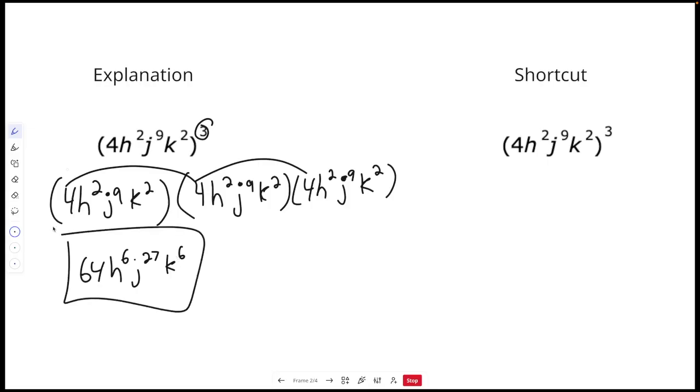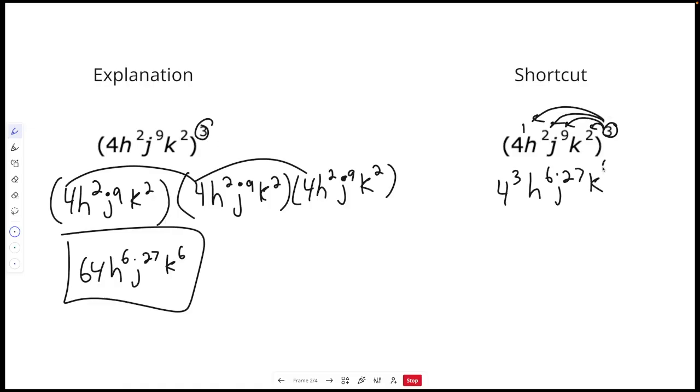Now, the shortcut for this, rather than having to write it out and add the exponents, is to simply multiply the exponents. So remember, there's an invisible 1 here, and so we multiply this 3 by every exponent. And so when we do this, we get 4 to the 3rd, h to the 6th, j to the 27th,